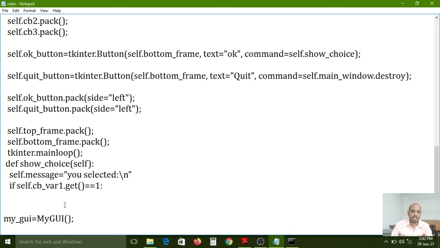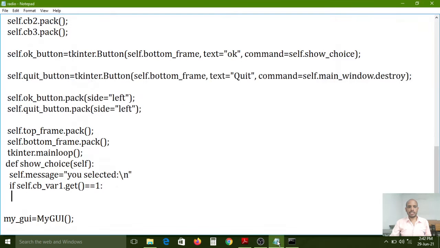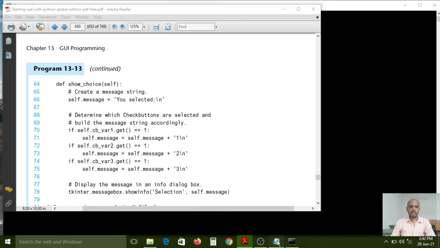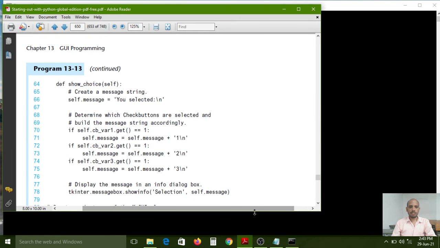So spaces you compulsorily need to give. Don't ignore those spaces; only then will it accept the syntax. Next, self.message equal to self.message plus 1.